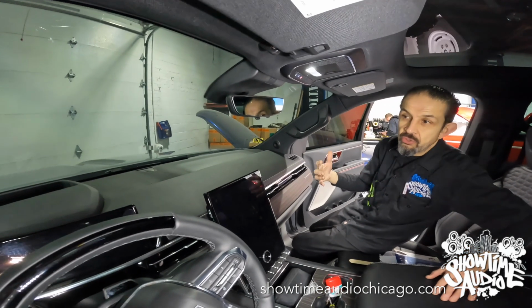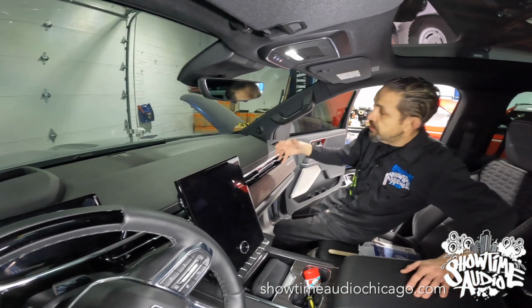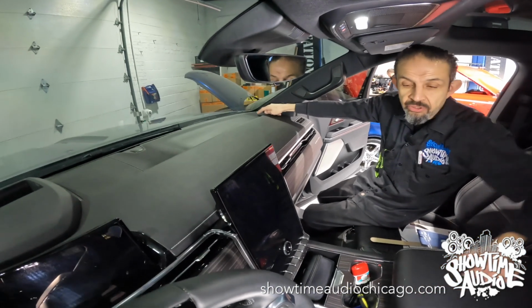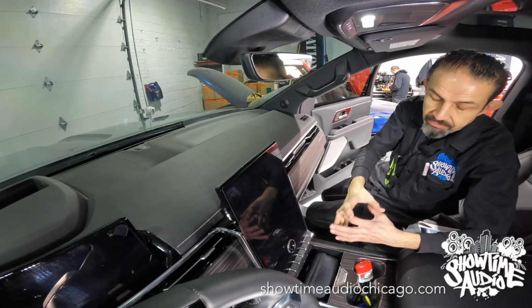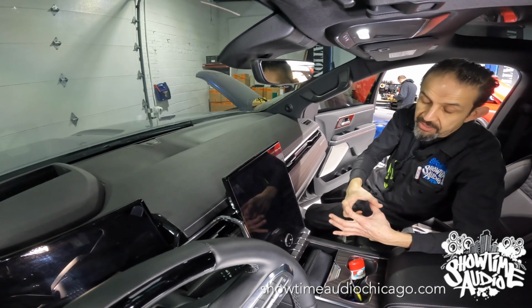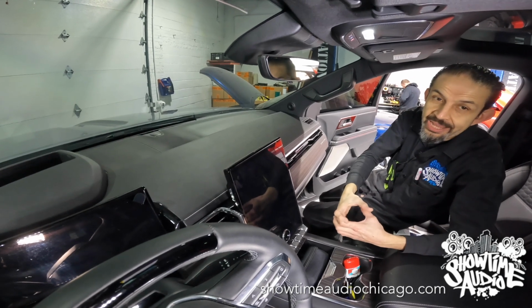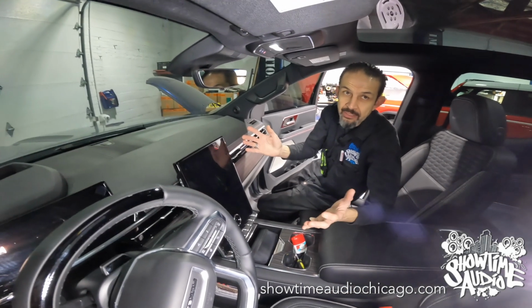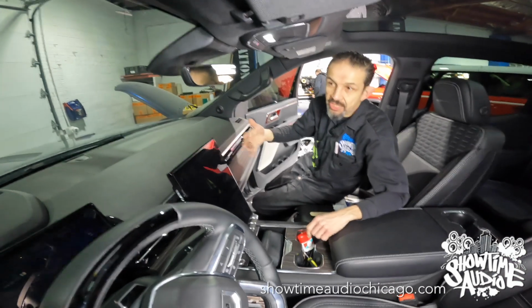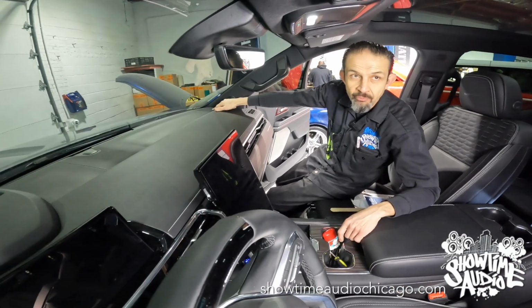So in this vehicle, in order to get more highs up top, typically this car only comes with a 2-inch wideband. The 2-inch wideband is a speaker like this. It's a 2 3/4-inch speaker that acts as a mid/tweeter. That's why it's called a wideband, because it covers a wide band of audio. So in order to retain that or to get more highs, we ended up going with a 2-inch Blam wideband,